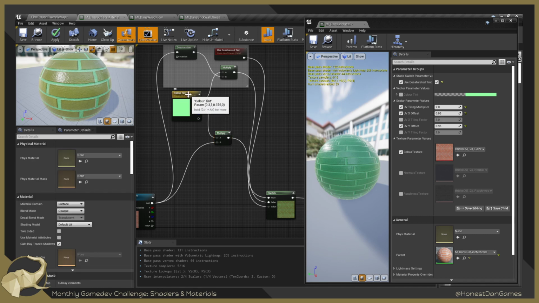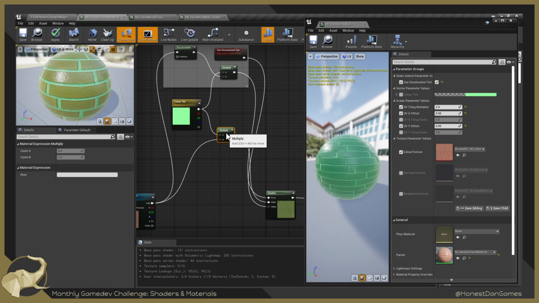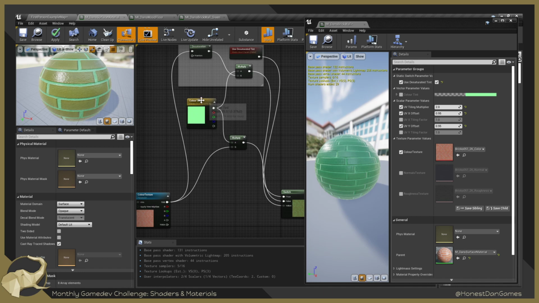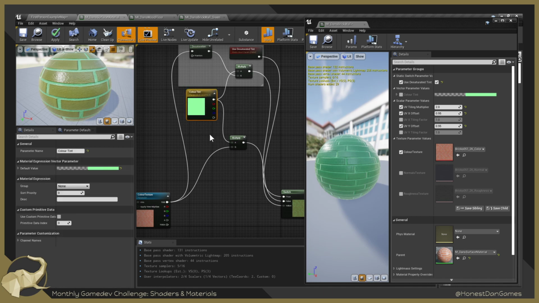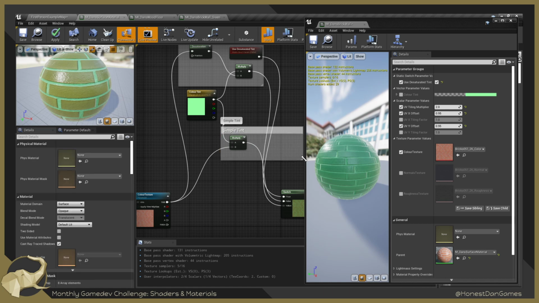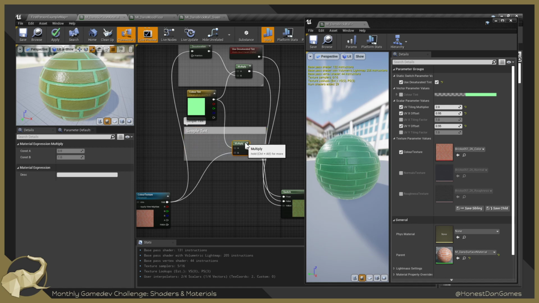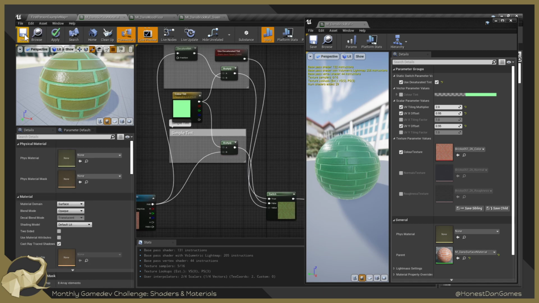Yeah, that's my bad there. So this would just be the simple tint, I guess. So if we were to save that,